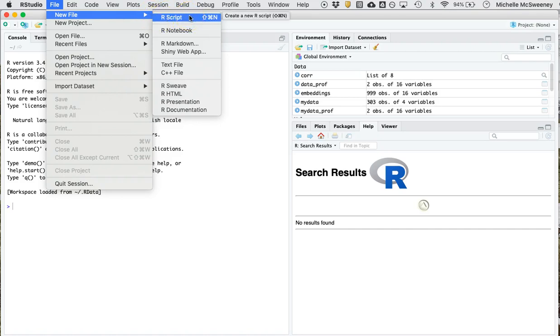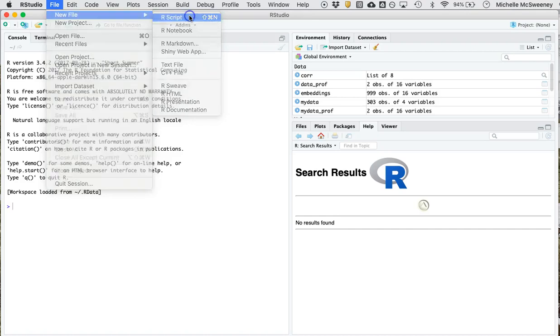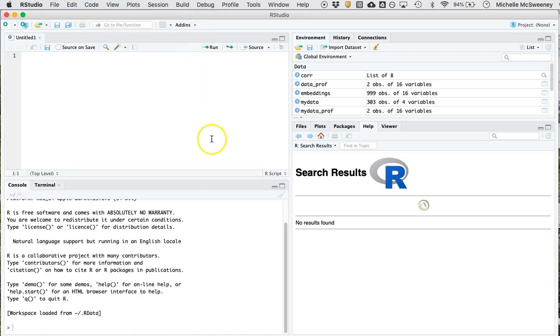You see there's also a shortcut, Shift-Command-N. You might have a different shortcut there. That will give us a box here. This box is where we're going to write our code, and then it's going to run in the console, and it's still going to give us the output over here. So it's just like what we've been doing in terms of these three boxes,